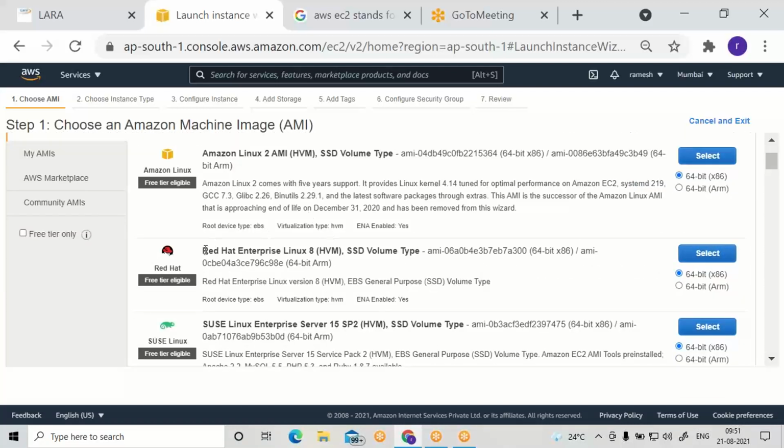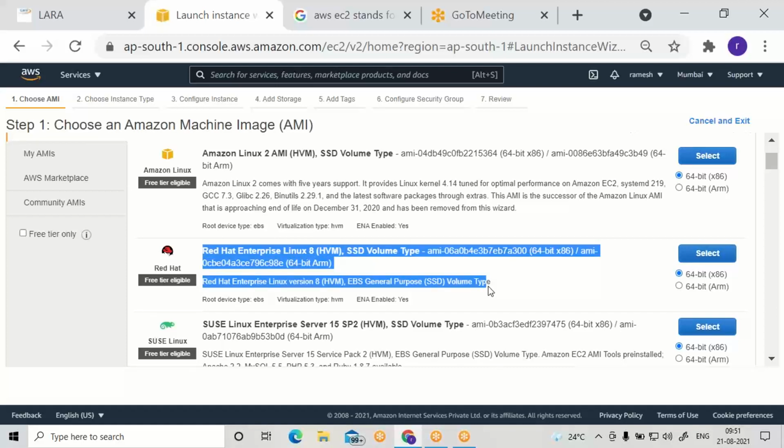You can see second one, Red Hat Enterprise Linux. I will be choosing this type of system. Even Windows also there, but in the production, always preferable Linux flavors.